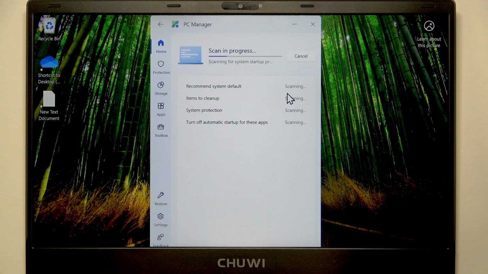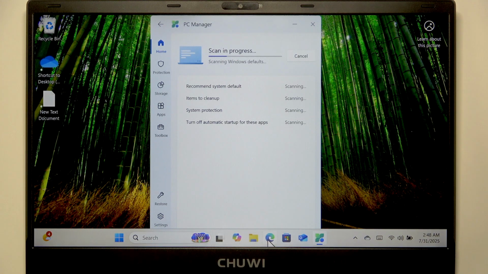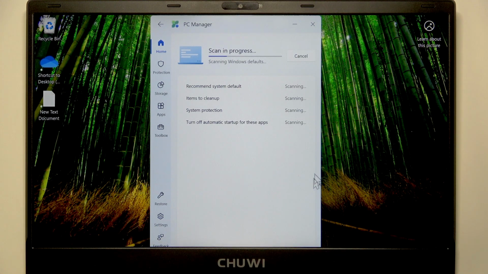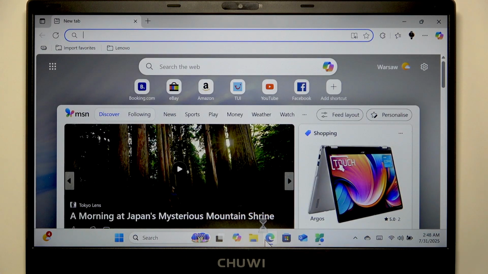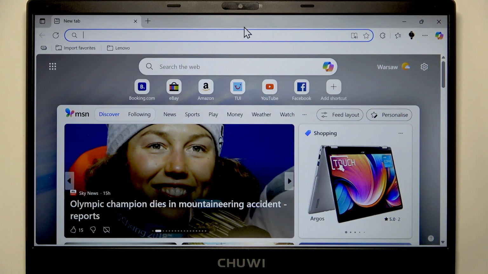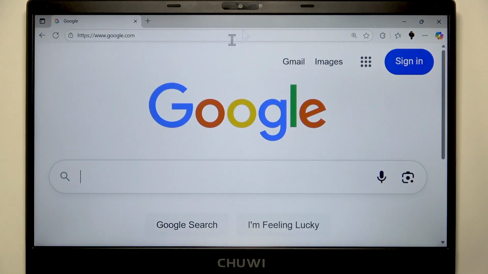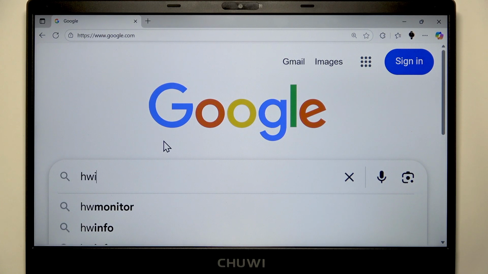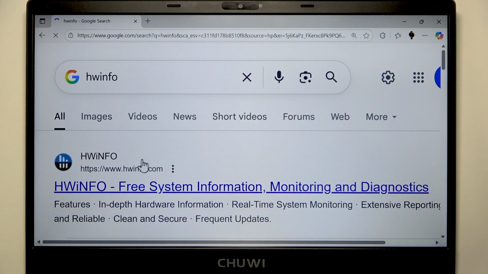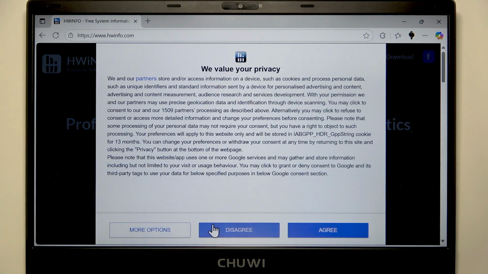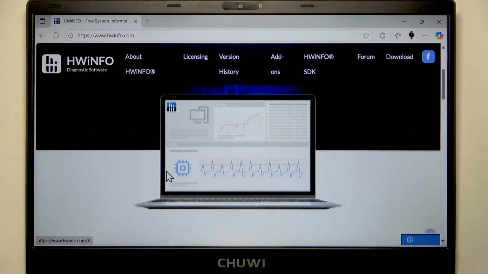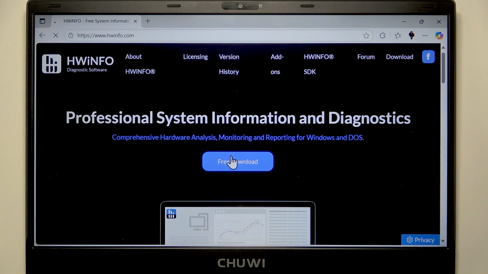But besides that, if you want to check your device's hardware, I suggest using the HWInfo application. I'm gonna install it for you so you know how to do that. First, open your web browser, then open your search engine, then search for the HWInfo application. Open their official HWInfo.com website. Then select free download,